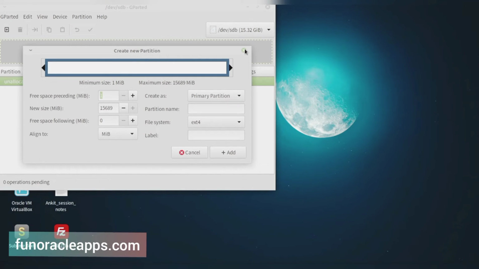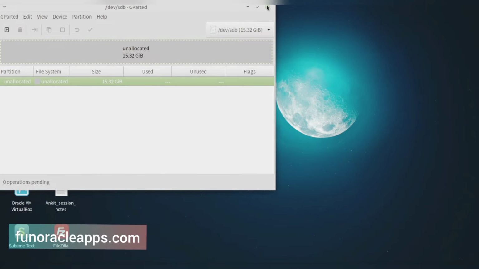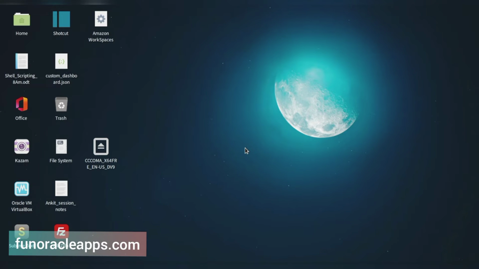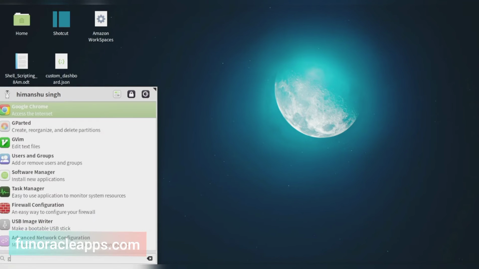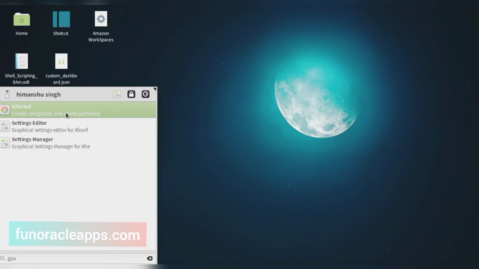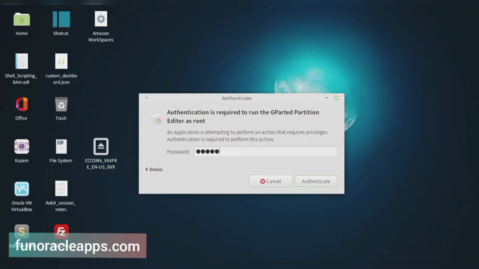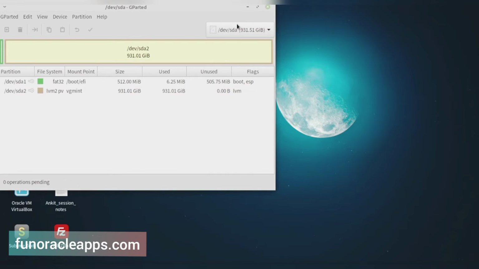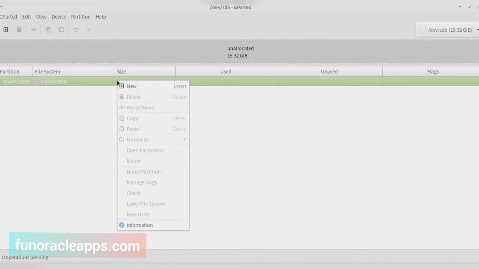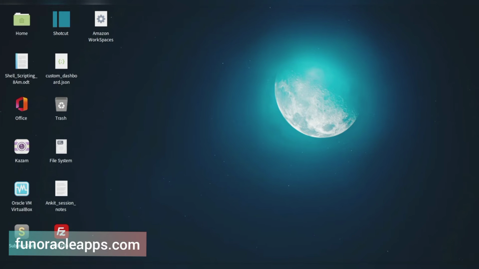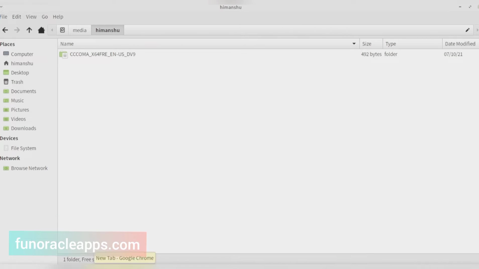And then I will first go ahead and create a new file system. If you have not formatted it, close this, take out your pen drive, and insert it again. Then open Gparted. If you are doing it for the first time and there was no partition earlier, open it, select your pen drive, and if you have never formatted it, you have to format it. So what you will do, you have to go ahead here, in Gparted.